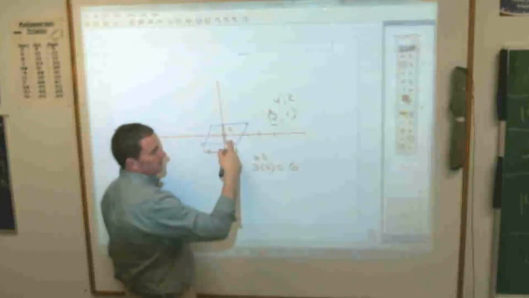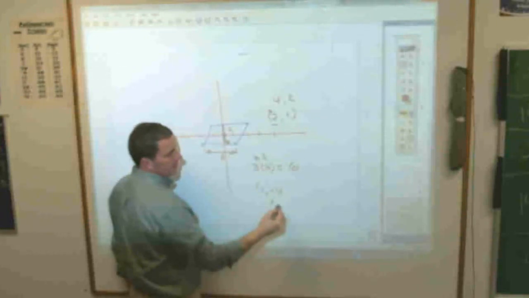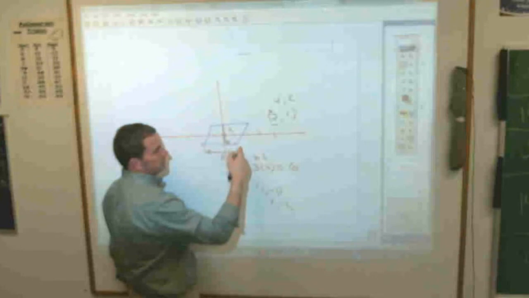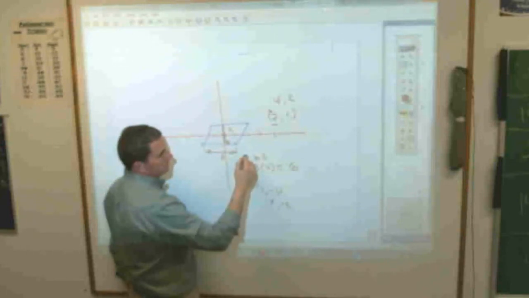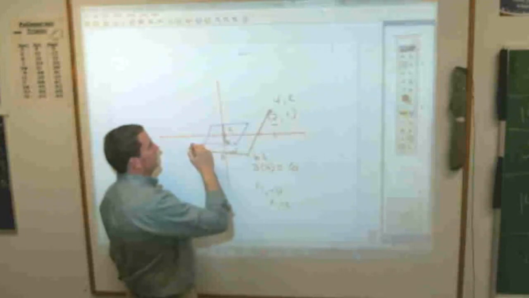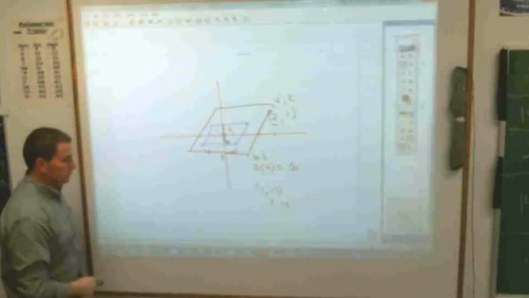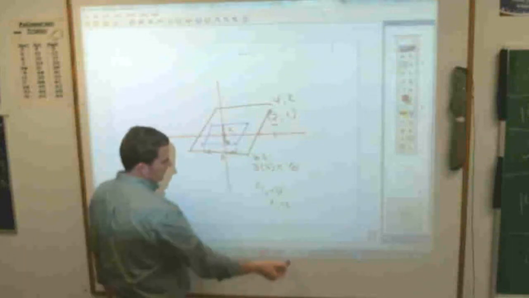Same thing with this. If this is 1, negative 1, my new point is going to be 2 comma negative 2. So here's 2, negative 2. My new parallelogram is going to look something like that when we get done with it. And you will draw it up. And you'll be excited about it. And everybody